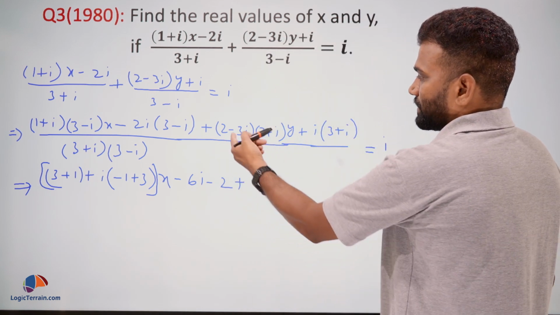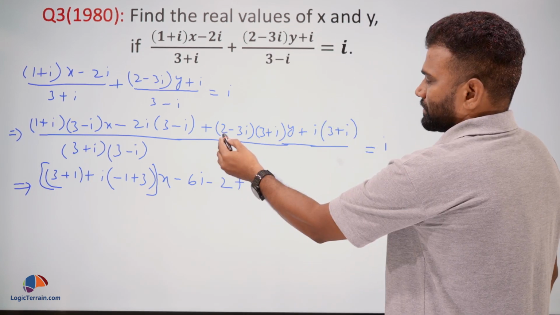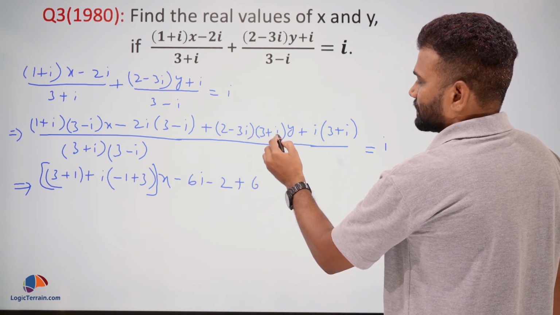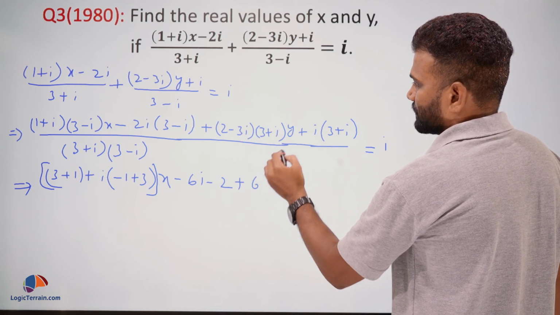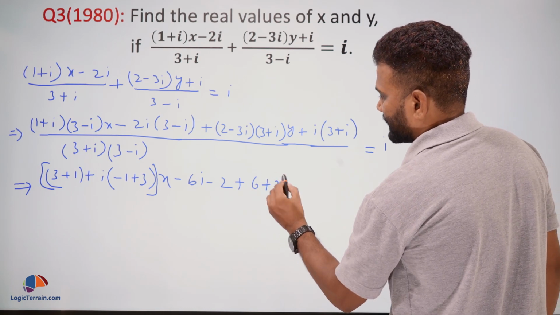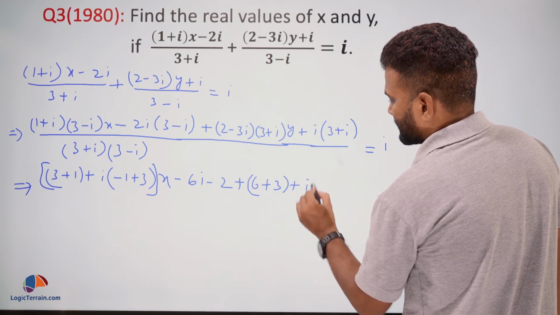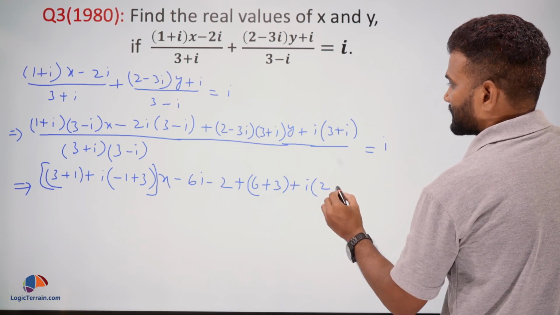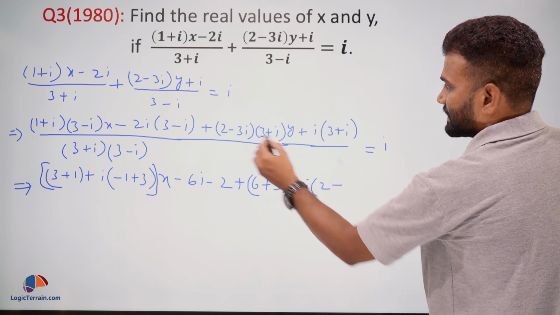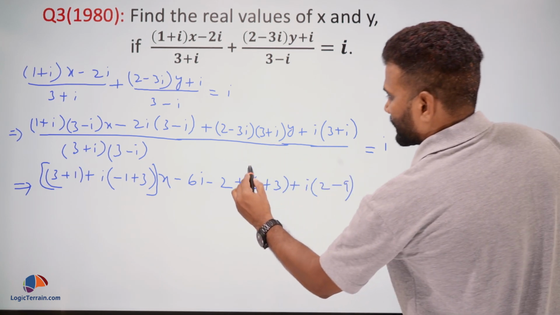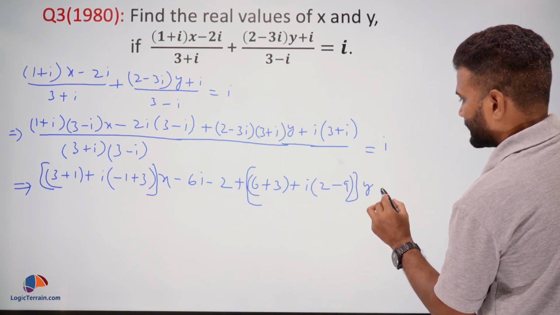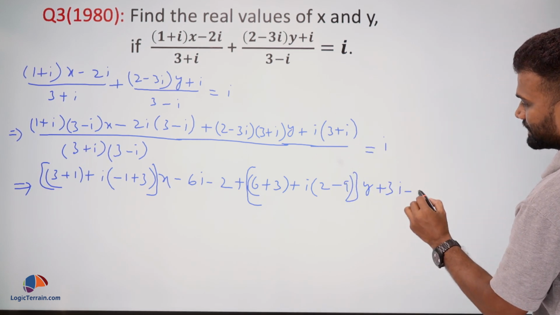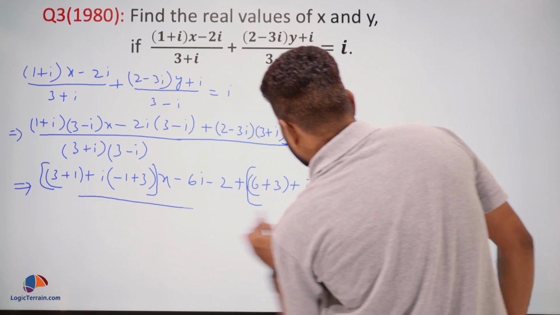Plus, here again we'll multiply using the product rule, AC, 2 3s are 6, minus BD, that is 3 into negative 3 into positive 1, negative 3, negative of negative positive 3, plus i of AD, 2 ones are 2, plus BD, that is plus into minus minus, 3 3s are 9, into y plus i of 3 into i, 3i, i into i square, that is negative 1, upon